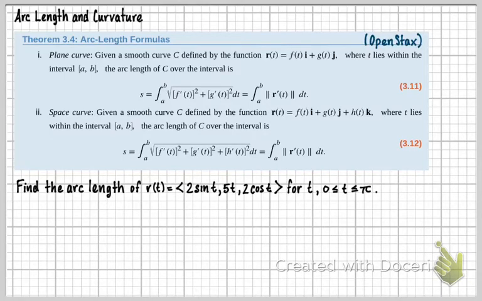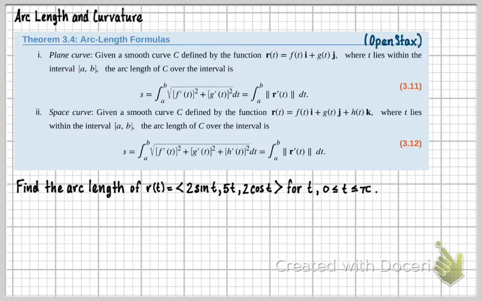Arc length and curvature. This theorem says, for a plane curve, given a smooth curve C defined by the function r(t) = f(t)i + g(t)j, where t lies in the closed interval a to b, the arc length of C over the interval, s, equals this integral of the square root of those two squared and square rooted, which is essentially the magnitude of r prime t